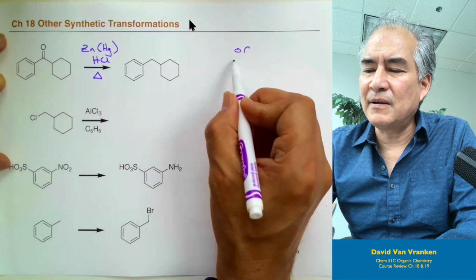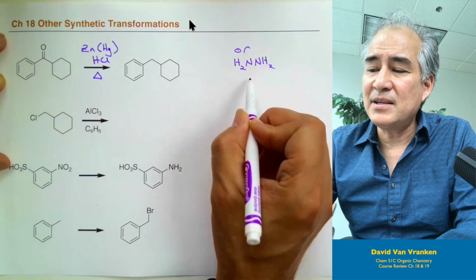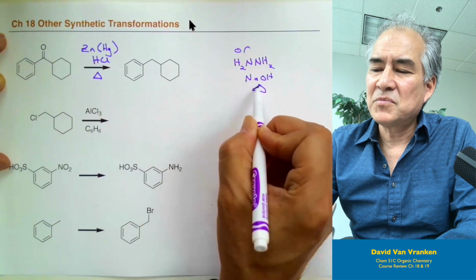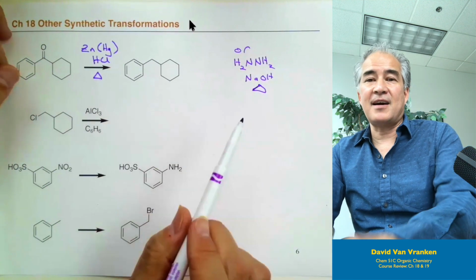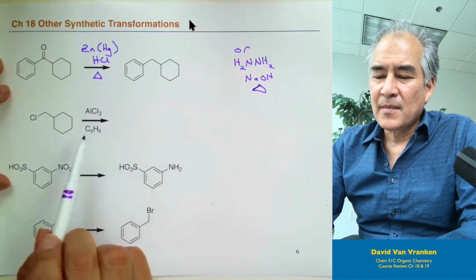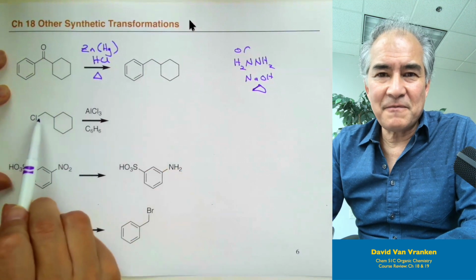Remember, this is an alternative. There's an alternative procedure. If your compounds are stable to harsh base, use hydrazine and sodium hydroxide and heat. Just as good. And if your compound is not sensitive to acid or base, then you get to choose either one that you want. Now, we had to caution you that you can't make compounds like this by direct Friedel-Crafts